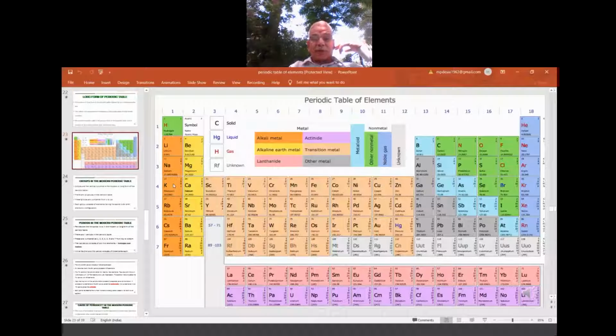The fourth period starts from potassium, calcium, scandium, and here 10 members will add up in between due to the Aufbau principle, and then gallium, germanium, arsenic, selenium, bromine, krypton. So totally, extreme right side 6, extreme left side 2, 8, in between 10, totally 18. So 18 members are there in the fourth period. So first period 2, second period 8, third period 8, and fourth period 18, fifth period again 18.